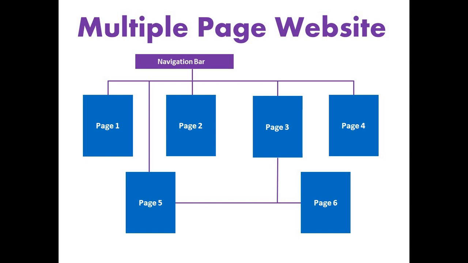As per the requirement, there could be a number of pages, and all the pages will be linked using the navigation bar, or you can say in HTML we use the anchor tag to create hyperlinks between more than one page. By using the menu, the user can access all the pages, so that is called the navigation bar. By the navigation bar, all the pages will be interlinked with each other by making menus and sub menus. So this is the funda of using multiple pages websites, right?